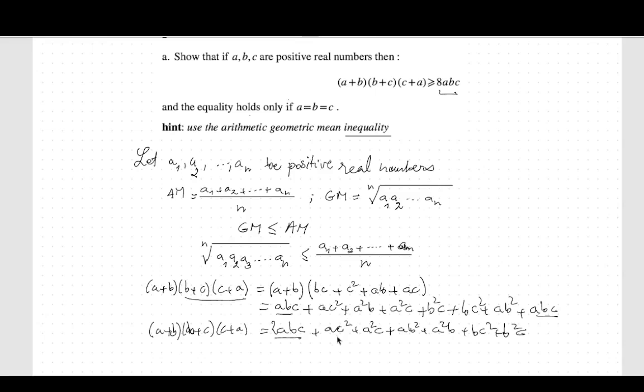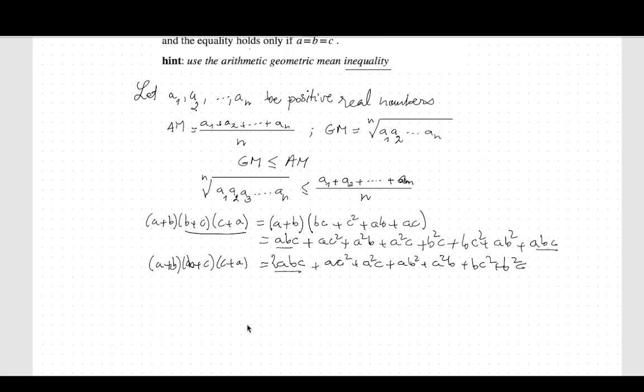So we have 6 positive numbers: ac squared is a1, then a2, a3, a4, a5, and a6. So the inequality can be written for these 6 numbers as follows: